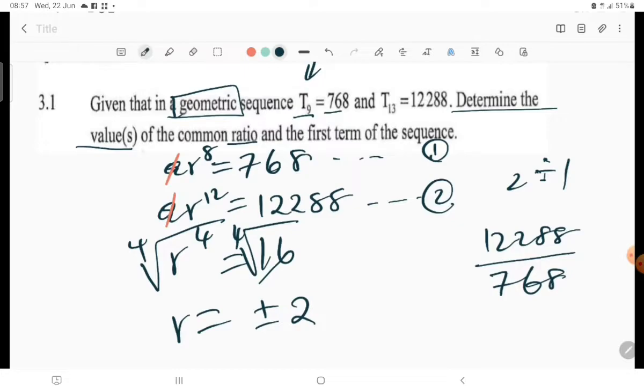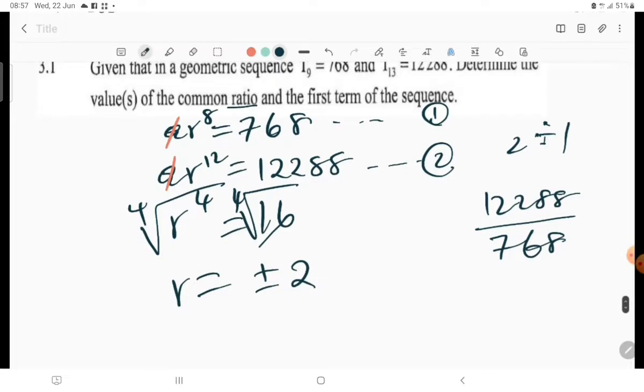So which means the values, which means now you are expecting two things or one thing, because this S means it could be 1, could be 2, but they just want to be safe when it comes to the number of values that we have found instead of the number of value that they want. Now after having this R, which is equal to plus or minus 2,